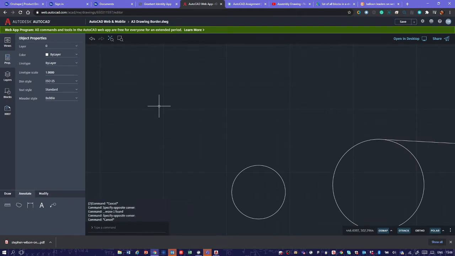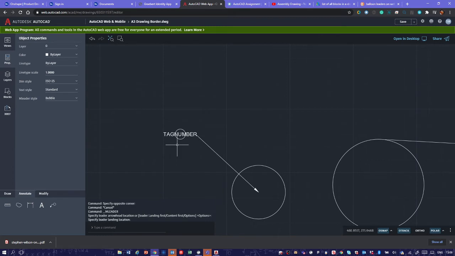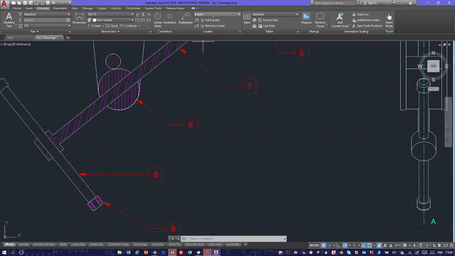Make sure you're not in a command or anything, and you might look here, you'll see we've got the current layers, and it says multi-leader style, and we've got options of annotative, bubble, or standard. So we're going to pick bubble. Okay, of course that's something we've already got set up. So then we go to leader, and we can do our leader line, and you'll see it comes up with tag number there. Whereas over here we choose bubble,